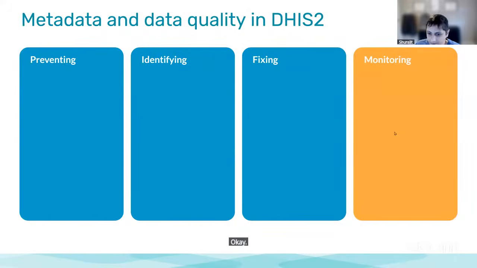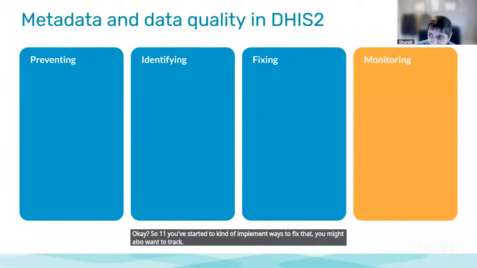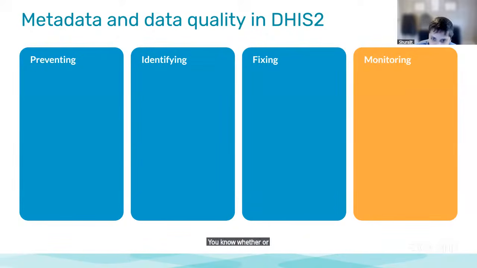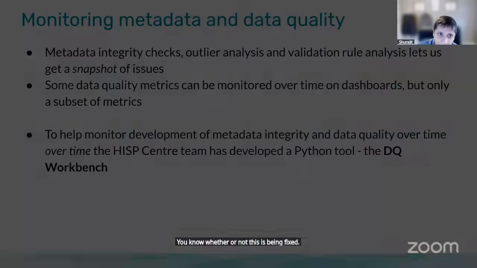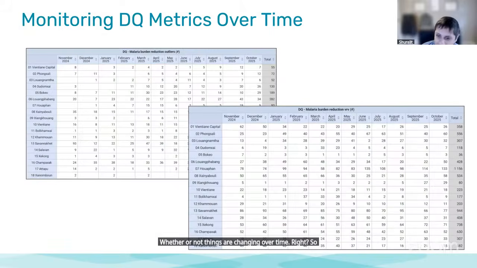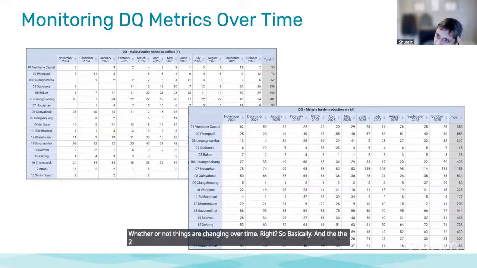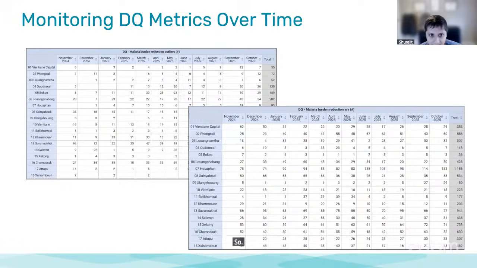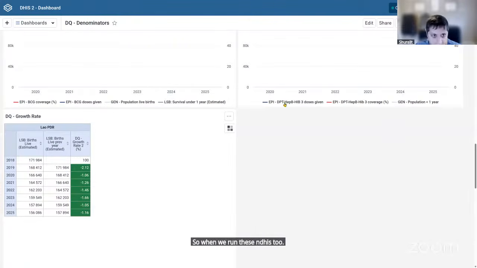Okay. So once you've started to implement ways to fix that, you might also want to track whether or not this is being fixed. So we have developed some tools basically that allow you to monitor whether or not things are changing over time, right? The two examples I'll use are outliers and validation rule violations. So when we run these in DHIS2, and if I just go back here,